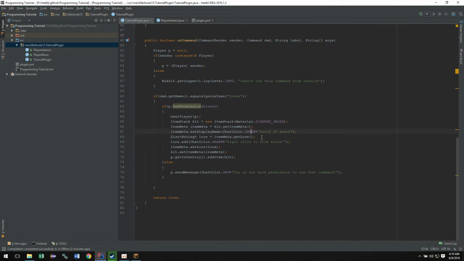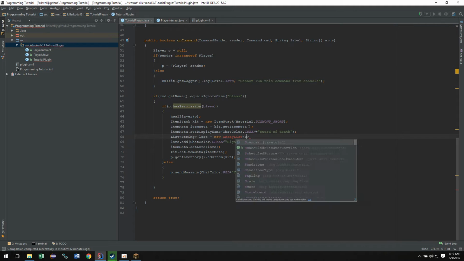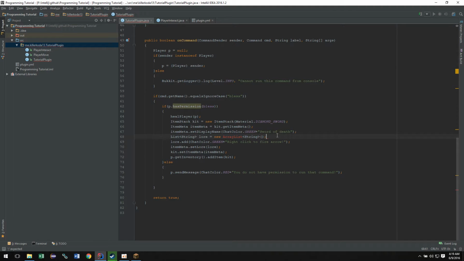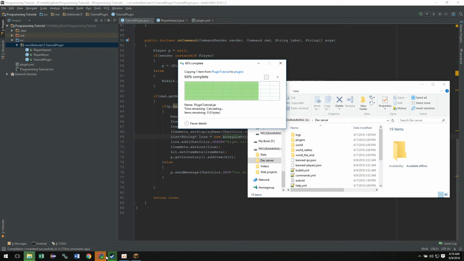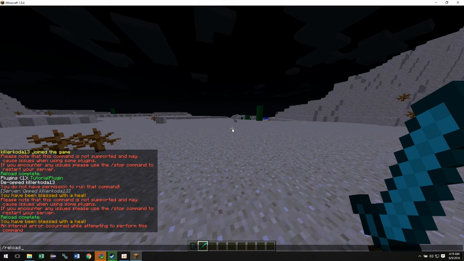Alright, sorry, I'm back. The way we're just gonna do this is gonna be a lot easier. It's just initializing it as an ArrayList<String>, so we'll initialize it as an ArrayList. That way it won't be null. There you go. Okay, now we should be able to do make build, and then drag that right into the plugins, replace it, go in game, reload,